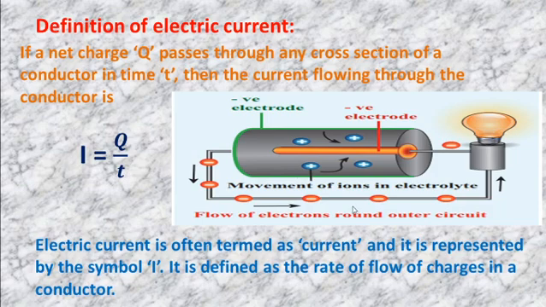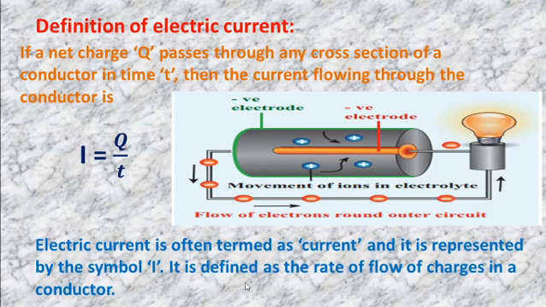See the diagram. Normally the potential difference is produced by a cell or battery. When the electrons move, we say that an electric current is produced. So electric current is formed by moving electrons. So electrons move from higher potential to lower potential. You see the diagram. This is a simple battery. Battery provides the potential difference. So there is a movement of ions in electrolyte. So here there is a movement.